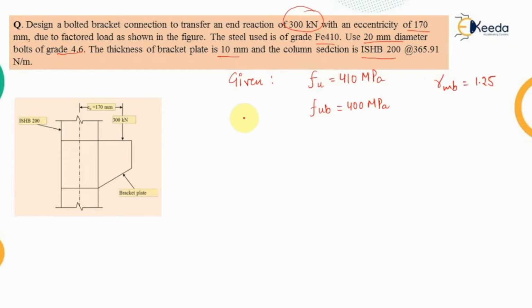Now corresponding to this column section that we are having, this is ISHB 200 column section. Corresponding to it, we will be having certain properties which are to be taken directly from the handbook, that is Indian Standard Handbook number 1. So corresponding to it, the thickness of the flange has to be obtained because the flange has been connected with the bracket plate. Therefore, whenever we will be providing the connection, it is important to know the thicknesses of both the members because the thickness of the thinner member has to be taken. So the thickness of the flange comes out to be 9 millimeter, directly from the handbook number 1.